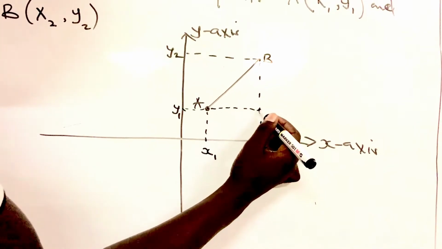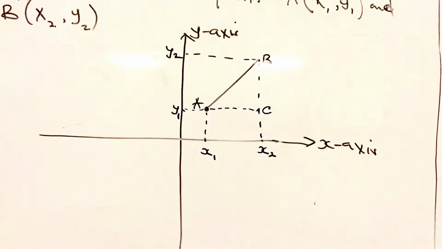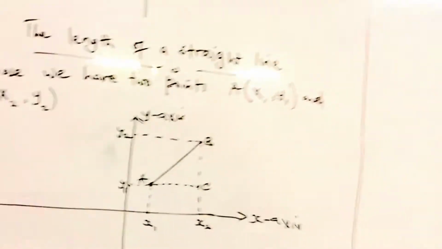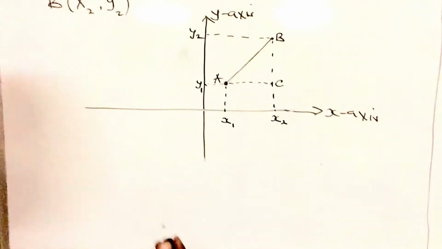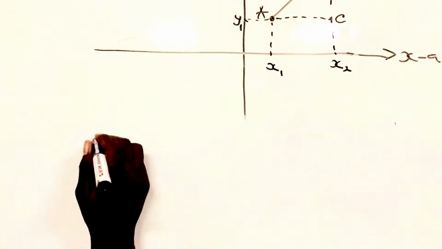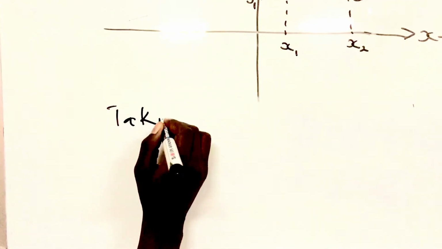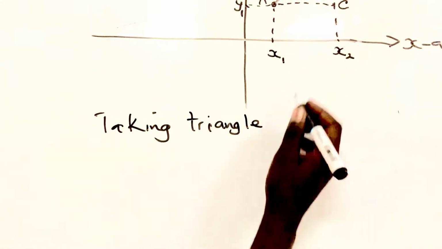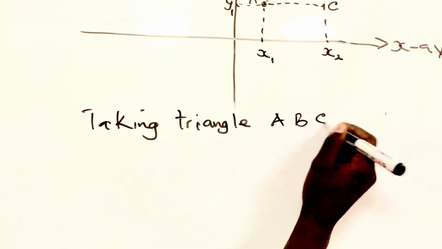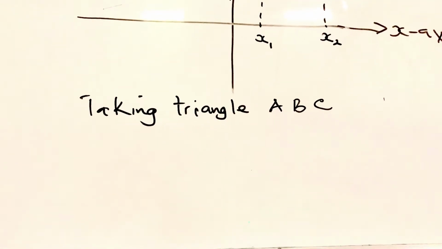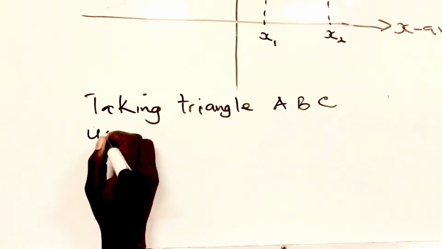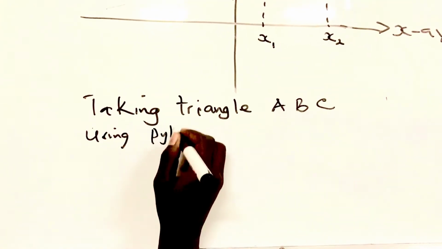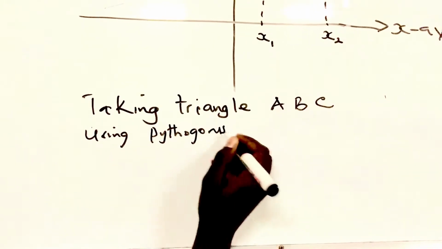So let's consider this point to be point C. Taking triangle ABC, using the Pythagorean theorem,